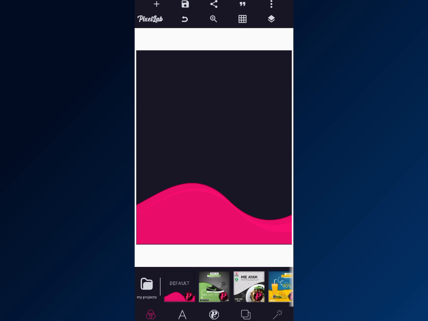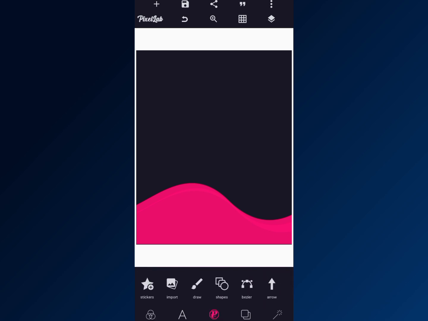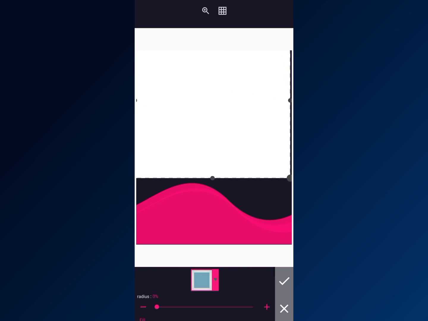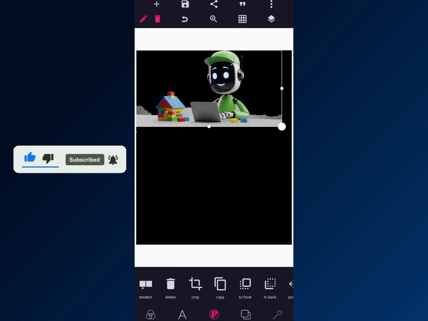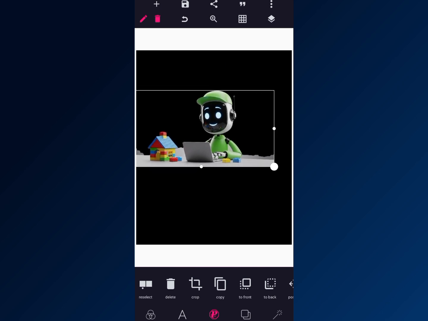So the first thing to do right now is to make everywhere black with our shape. So you can just make this black, take this here, and then lock this on. So I'll save this and I'm going to lock this. Then I can just import the robot image right now. So you can see this is the robot playful image. So I can just